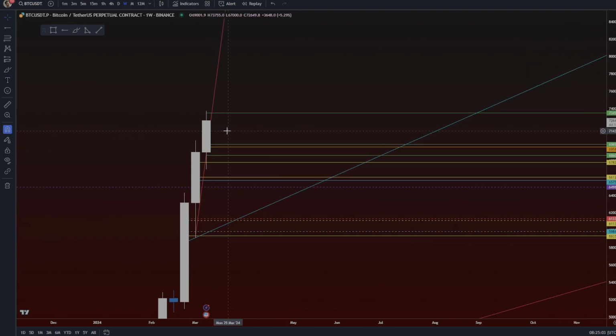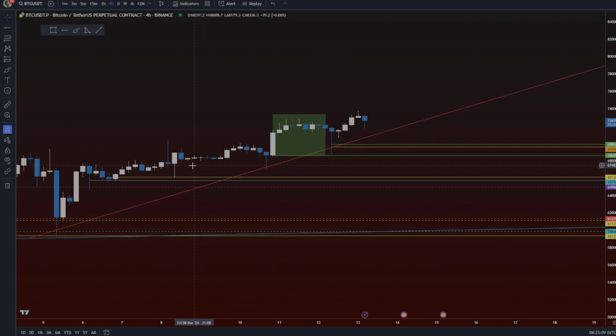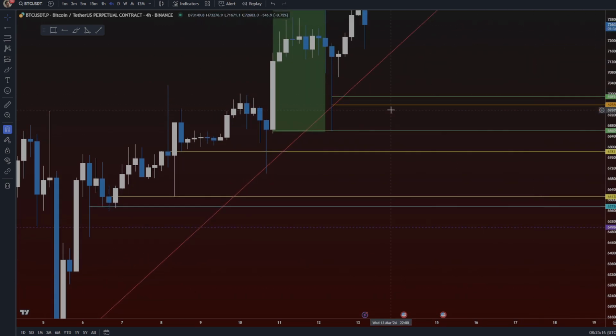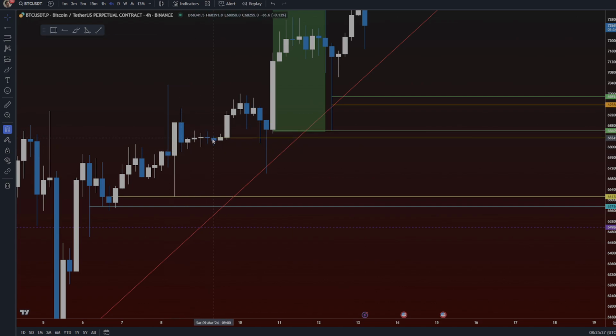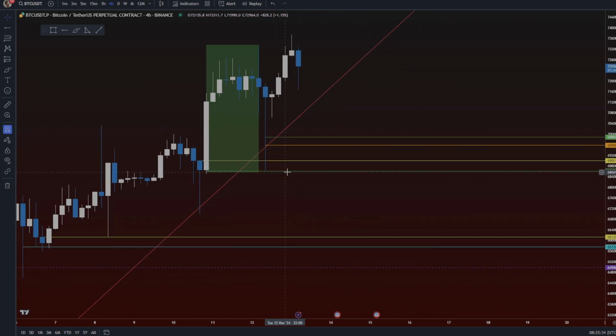That 15 we don't need. That we don't need. They're just levels I had previously marked. And these 4 hours, don't need this one. That one tested perfectly. Okay, so maybe as a reverse target, we're going to keep that one. Actually, we're going to keep this just as a reverse. Honestly, at that point, I don't think you reverse this. Tested anyways. This is the only reverse you need. Tested. Yeah. So reverse 15.